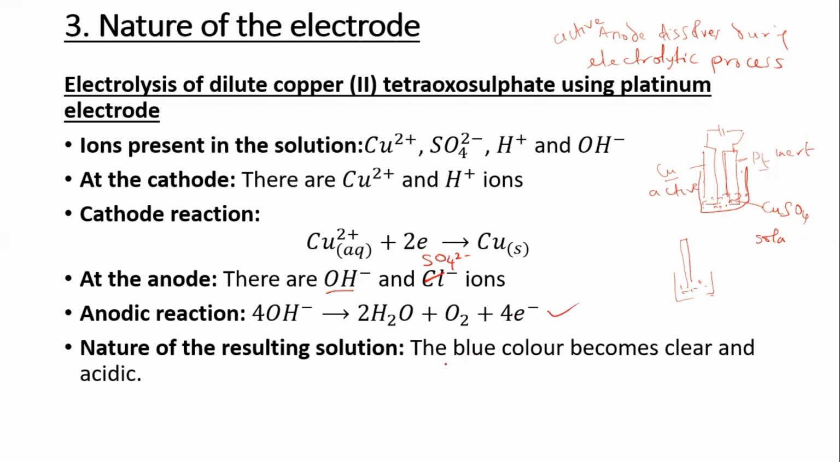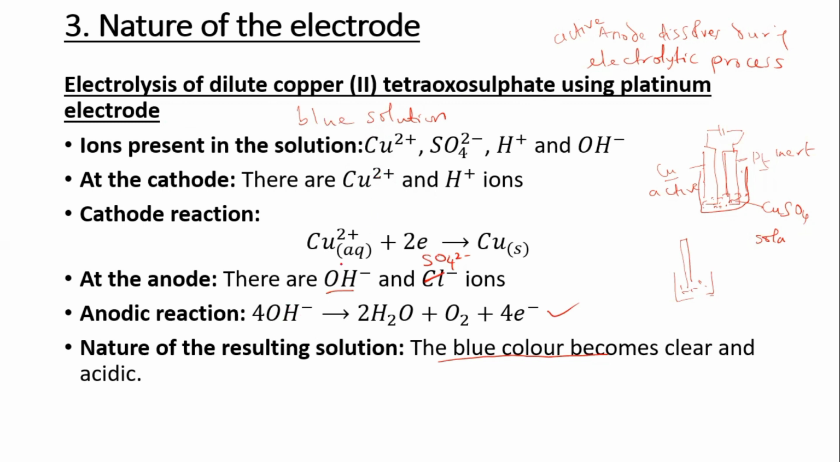And the nature of the resulting solution: when you see copper sulfate solution, a copper sulfate solution is actually a blue solution. The reason why it's blue is because of the presence of the copper 2 ions. The copper 2 ions are responsible for the blue coloration of copper 2 sulfate solutions. All right. So you see why copper sulfate solution is blue, it is due to the presence of copper 2